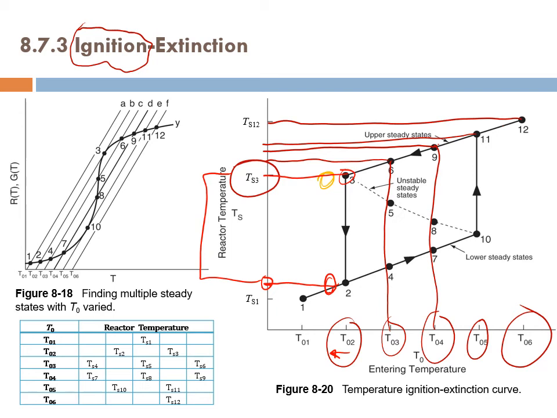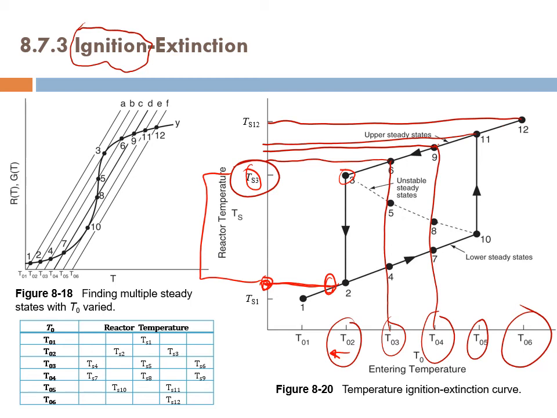It's just a big drop in temperature. There is no steady state temperature just next to TS3, no lower one. The only lower one is way lower, so a sudden drop in the steady state temperature